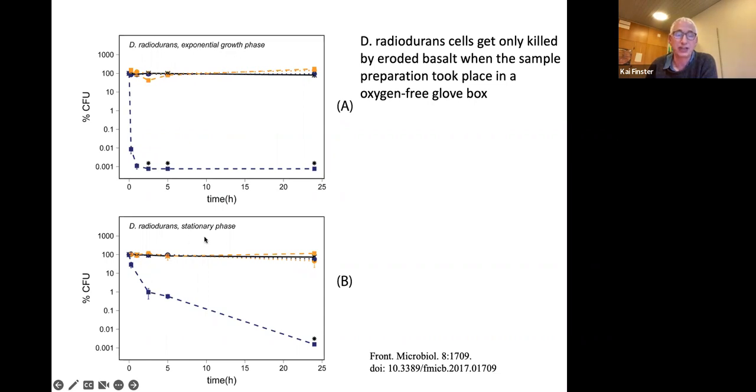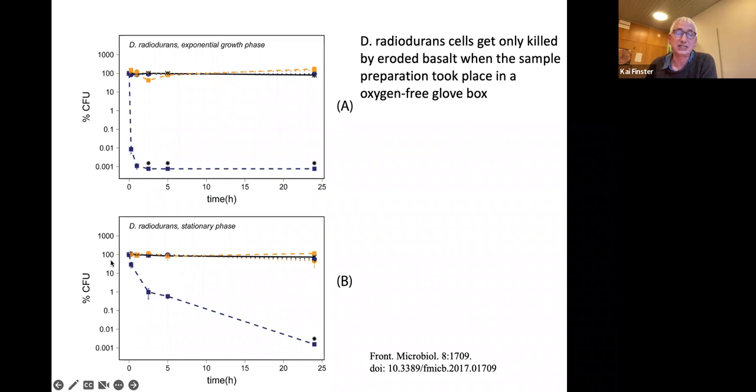If we take a stationary phase culture, you can see that the pattern is different. At the end, after 24 hours, we reached the same. The asterisk, the star, explains that this is the detection limit. So here we could not see any more cells. So it was at least below 0.1 per mil. So very few, if at all, but you can see that the cells are more resistant. They die slower, so to say, but in the end, after 24 hours subjected to this material, they were all dead.